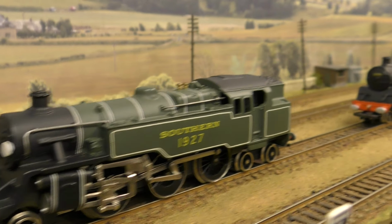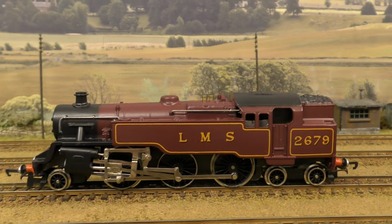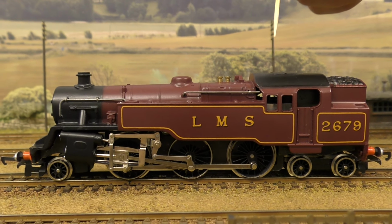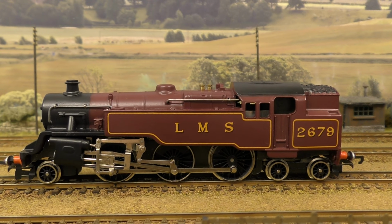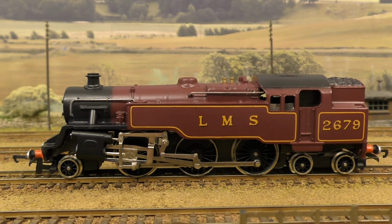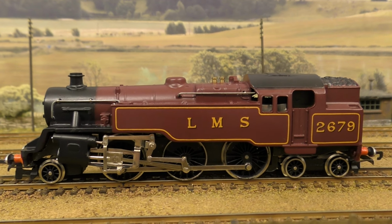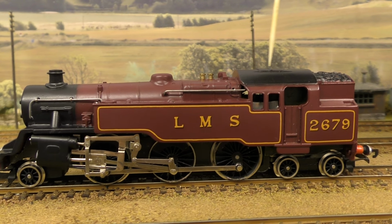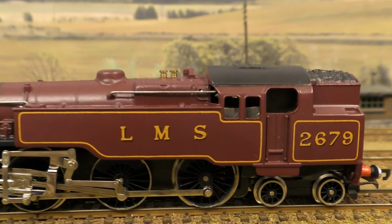So moving along, we come to probably the most popular of the varieties. Certainly, it looks like there were more of these produced by Wrenn, and this one's in LMS. Now, this particular one has got a nice sheen to it, and most of the ones that I've seen are in quite a flat, dull finish, and the lining and lettering is quite spindly, shall I say. But I like this one because it has a nice sheen on it, and the application of lining and lettering is much bolder than on the ones which appear to be dull. I could be wrong on that, but